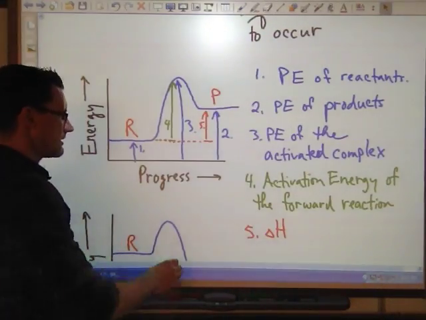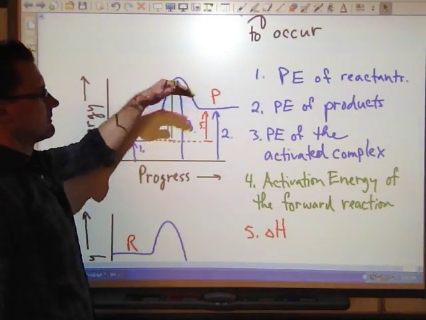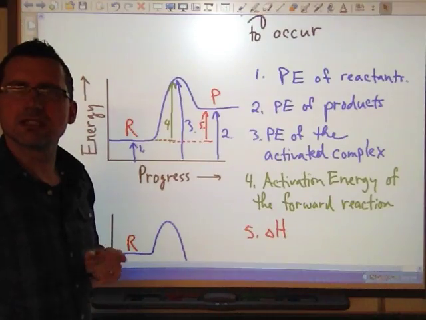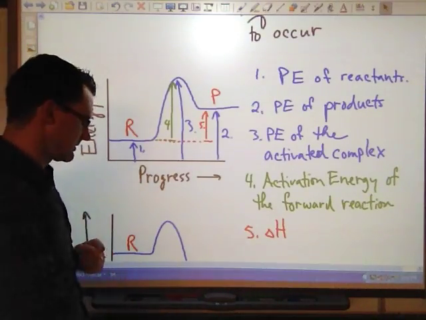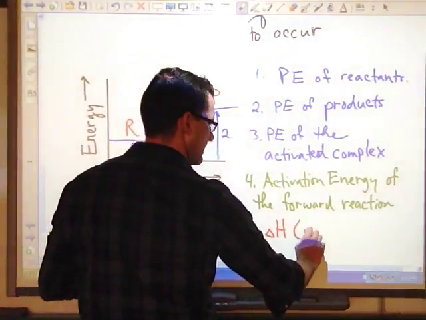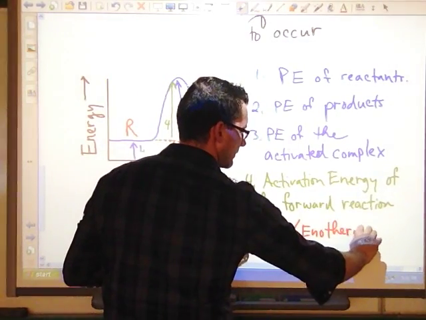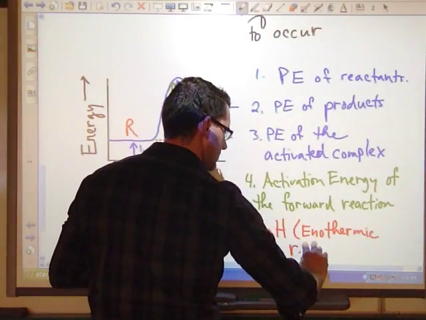And you can see here that it's going up, a positive energy amount, and of course that implies an endothermic reaction. So I'm just going to write that in brackets. Endothermic reaction